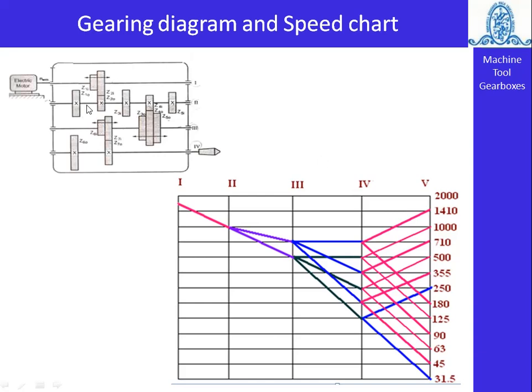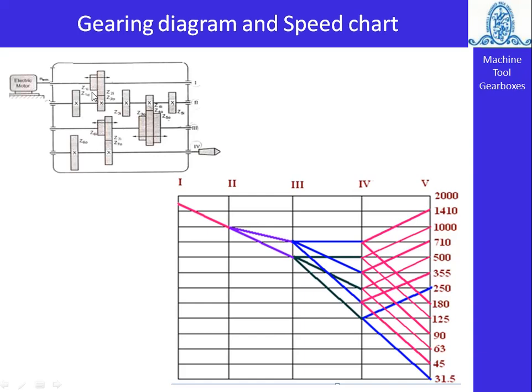Suppose the center distance is indicated by capital A. So the center distance between gear 1 and gear 2 should be module by 2 into Z1 input plus Z1 output, the summation of the gears available on shaft 1 and shaft 2, that is, the sliding block mounted on the input shaft will be engaged with the intermediate shaft. So this is the recommendation while drawing the gearing diagram.